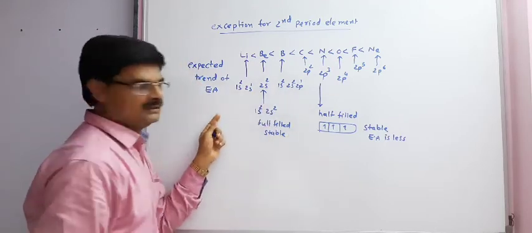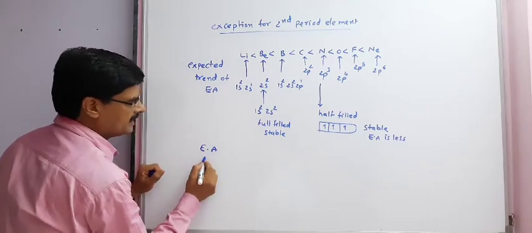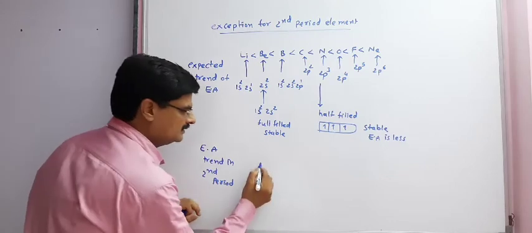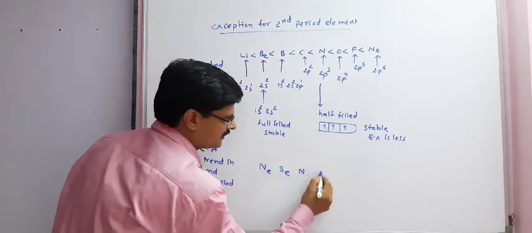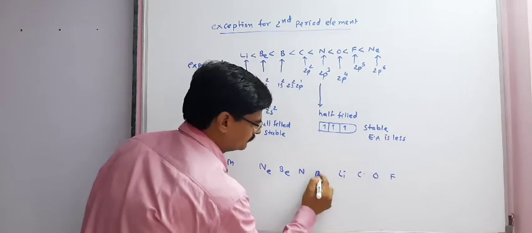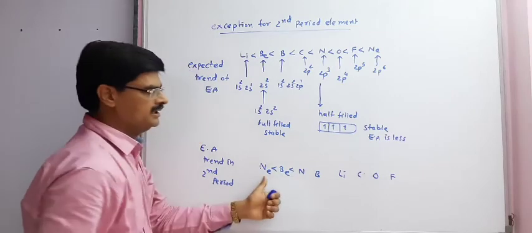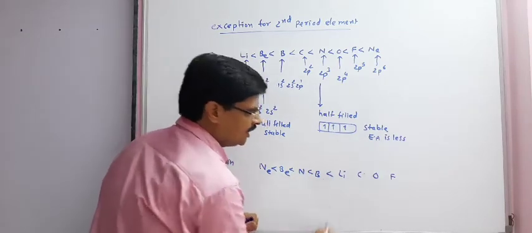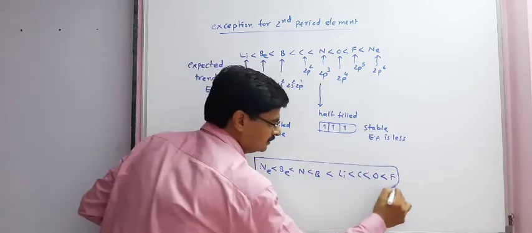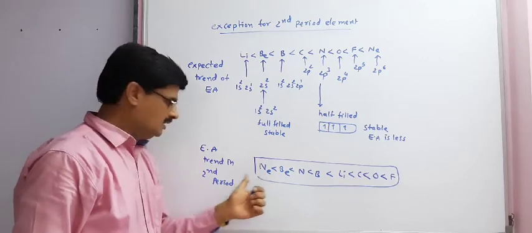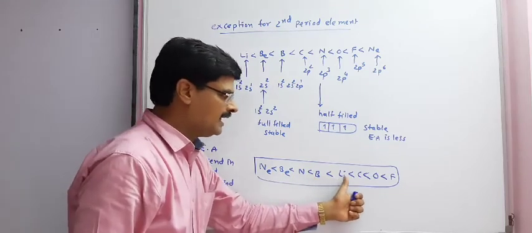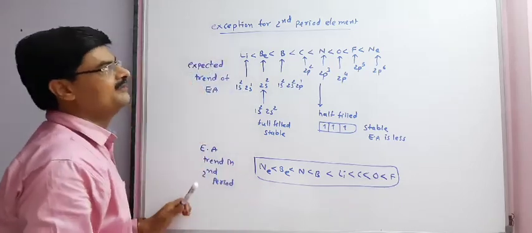On the basis of all the factors, if we want to arrange the electron affinity trend in second period, the trend will be Ne < Be < N < B < Li < C < O < F. Same way we will study